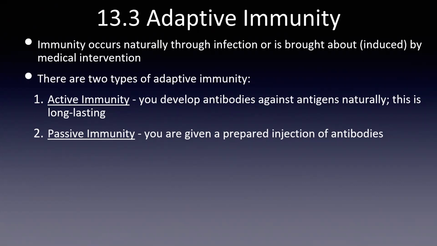Okay, one thing I wanted to mention here about active versus passive immunity is the reason it's called passive and the reason it's called active. In active immunity, you're getting an antigen that your body is actively making antibodies to attack. So your body is making antibodies. Whereas in passive immunity, the injection is just antibodies. So your body's not actually making them. Your body's just getting antibodies, and it's not copying them or making them. So that doesn't last as long as active immunity.